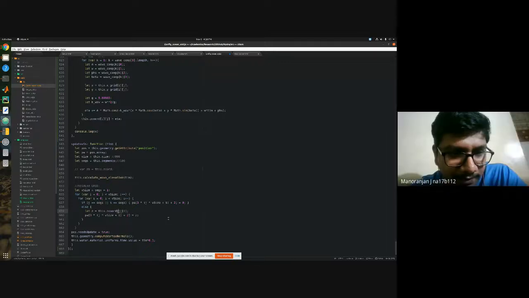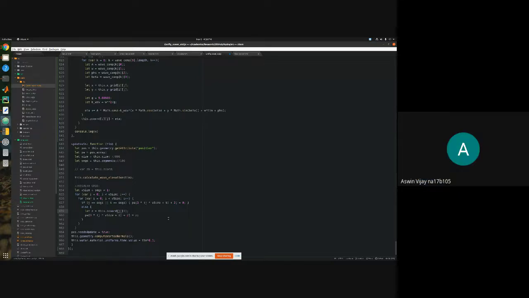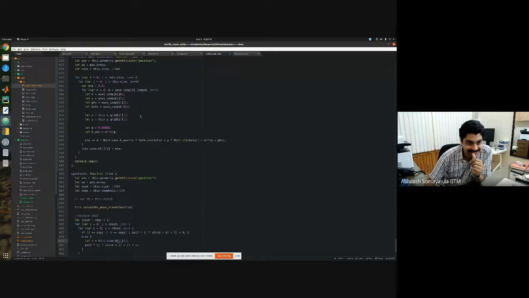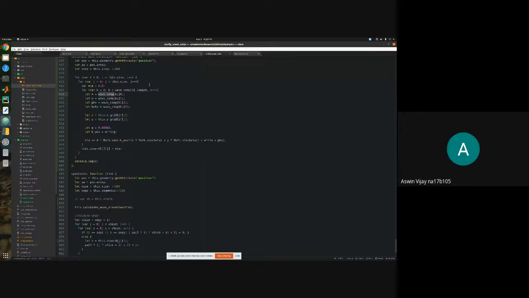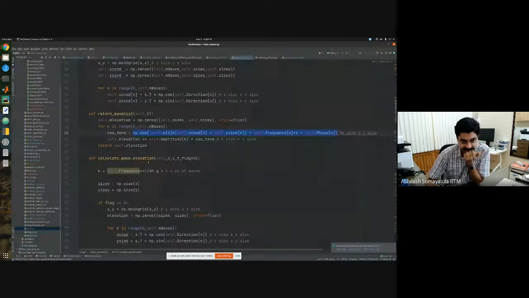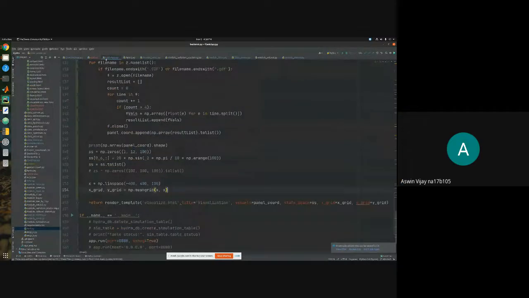J comma A is the first variable they have given with J. That's why. Okay, so now we need to give out this wave components as an input. So we can save this, go into our task application,